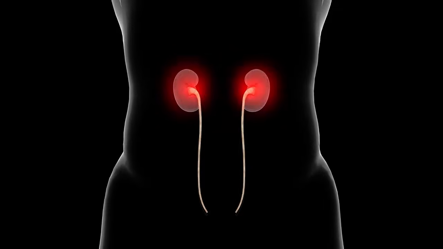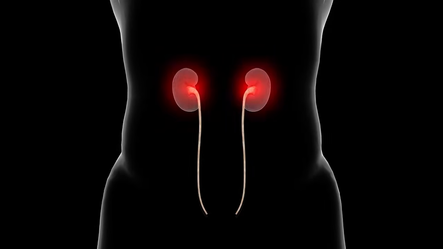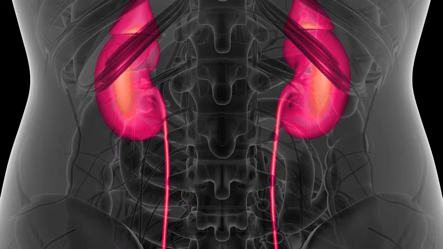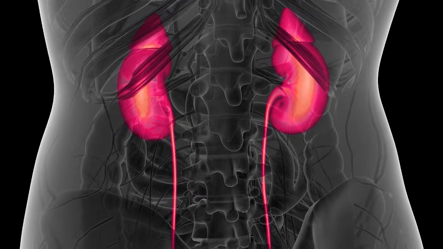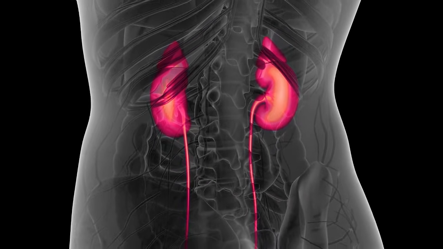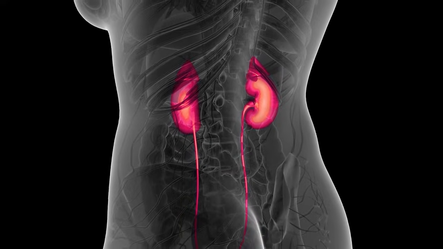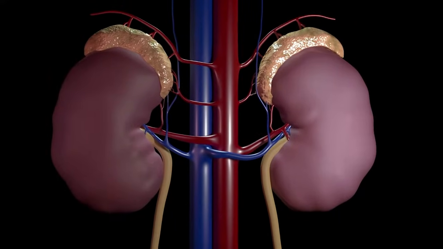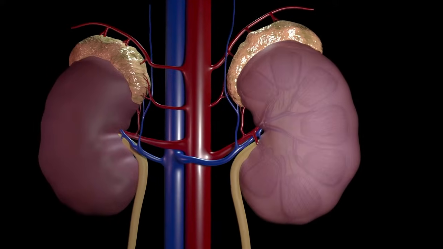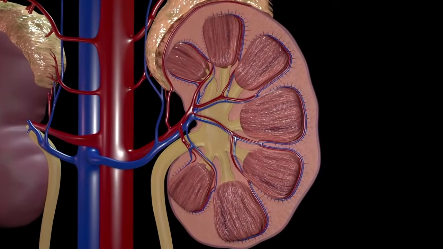The kidneys also help to regulate the body's electrolyte balance, such as sodium and potassium, and blood pressure. They also produce hormones that regulate red blood cell production and promote bone health. The kidneys filter the blood through small structures called nephrons, which remove waste products and excess water from the blood